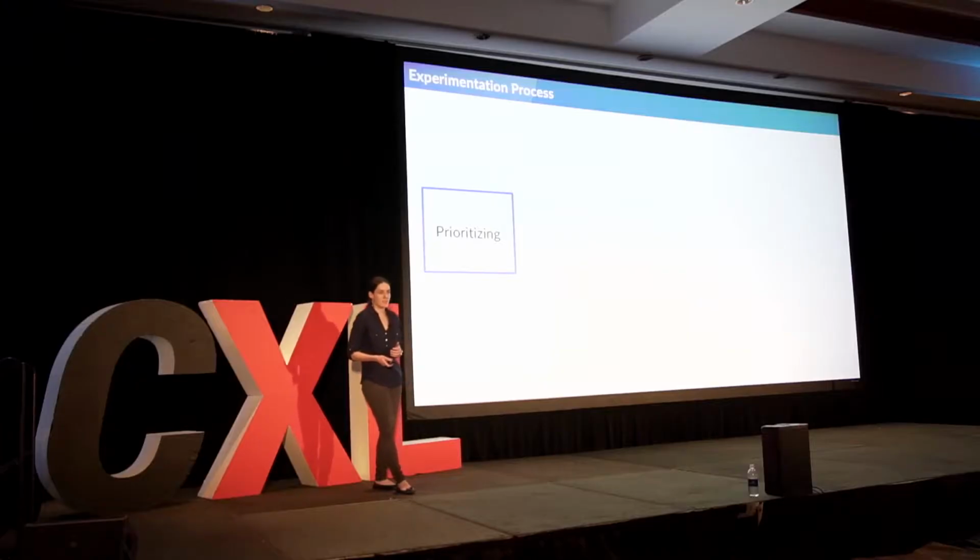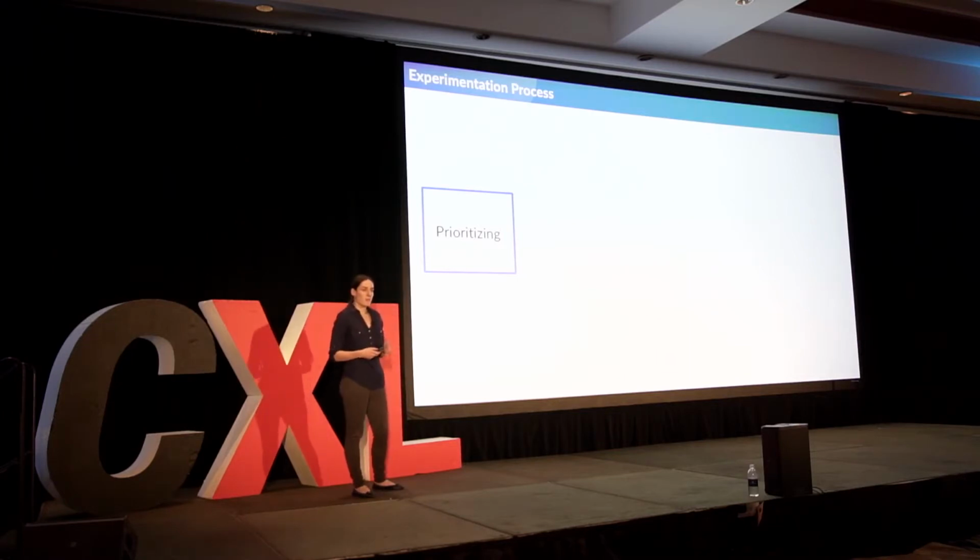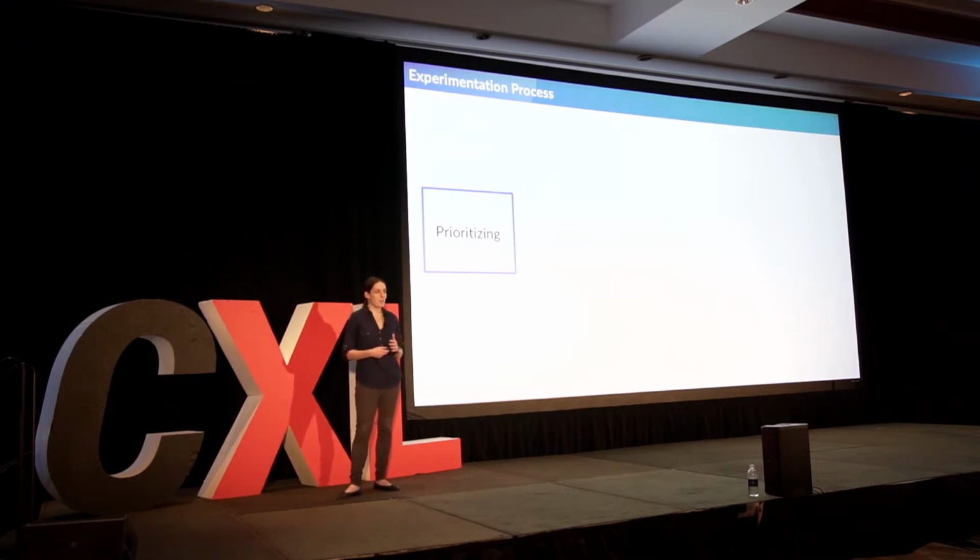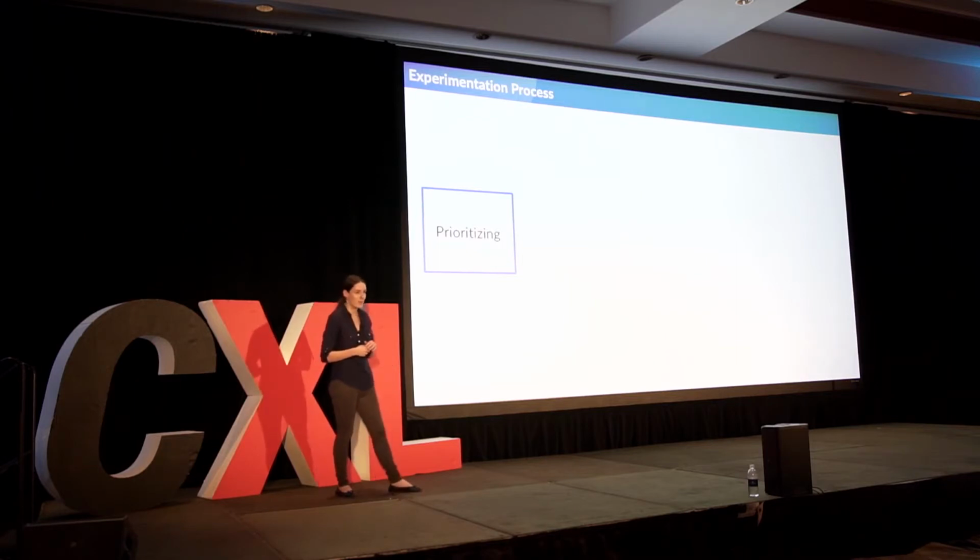So I thought it would be helpful in this talk to start with going over some of the steps of the experimentation process. And the first step here is prioritizing. We've heard some about prioritizing tests today, and it can be a very big challenge. I really like something that the Etsy CEO would say, not necessarily about experimentation, but prioritizing in general. He talked about the worthwhile many, vital few versus the worthwhile many. And looking it up before this talk, I actually found out the more common saying is the vital few versus